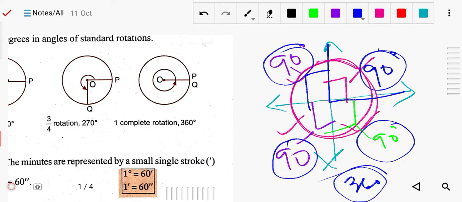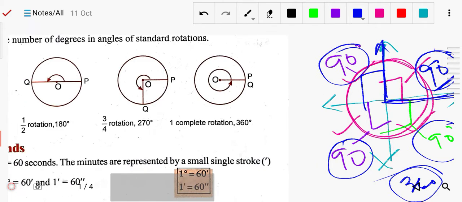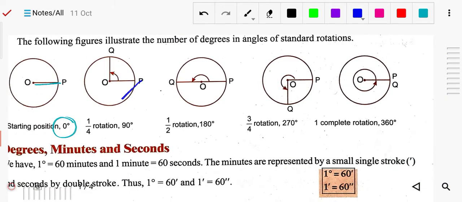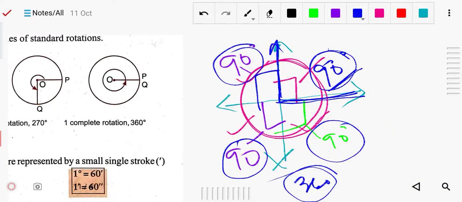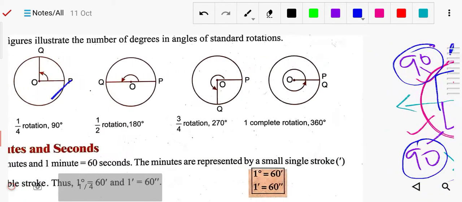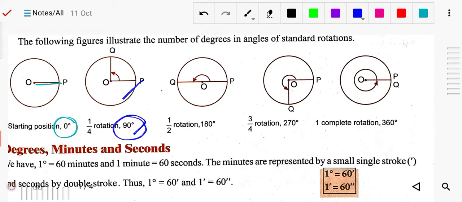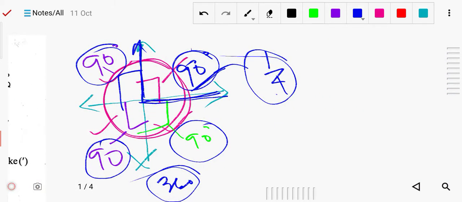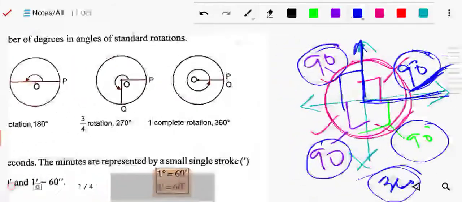It means if it is perpendicular, with one horizontal line and one vertical line, the angle between these two arms from their starting point will be 90 degrees. Likewise it is divided into 4 parts, and this is one part. Since the total is divided into 4 parts, one part is called 1/4. So for 1/4, what is the angle? 90 degrees.